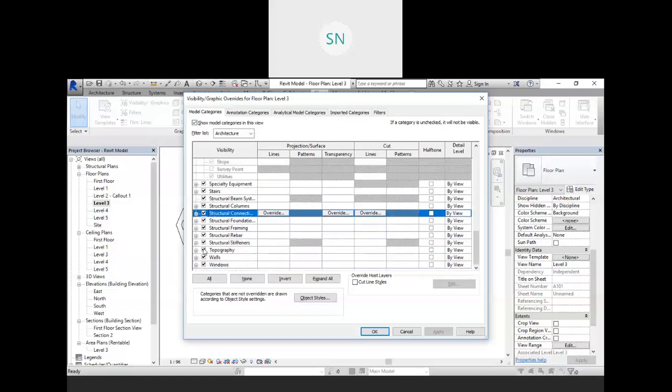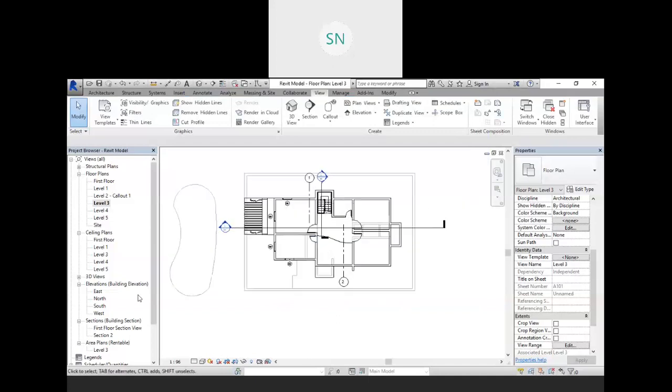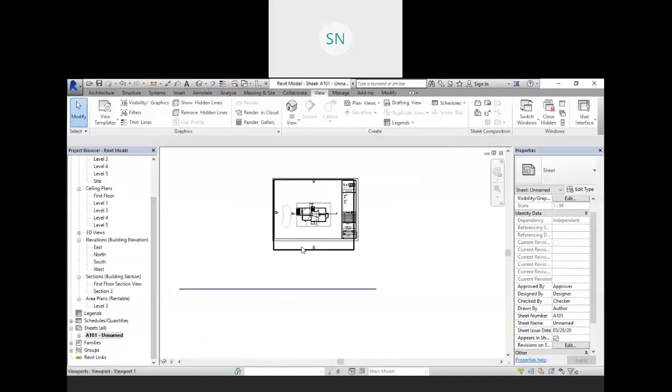Yes, topography we have. So turn off that also. Click on apply and OK. So now this topography is invisible. So go to your paper and see, that will be removed from there also.